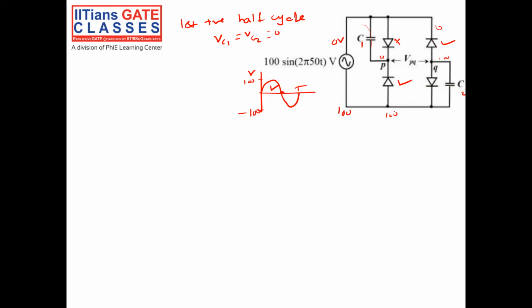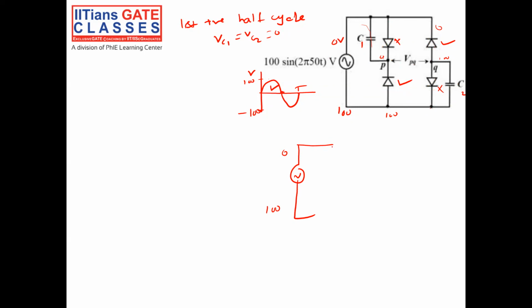Right. So now, since this is 100 volt here, this will be off. This will be off. These two will be on. Okay, so now we see what will happen. Let's draw the circuit. The 0 volt. This is 100 volt. Since the cathode is connected to 100, it will be off. When it is off, 100 will go here and it will be on. Similarly, the anode is connected to 0 volt, so it is off.